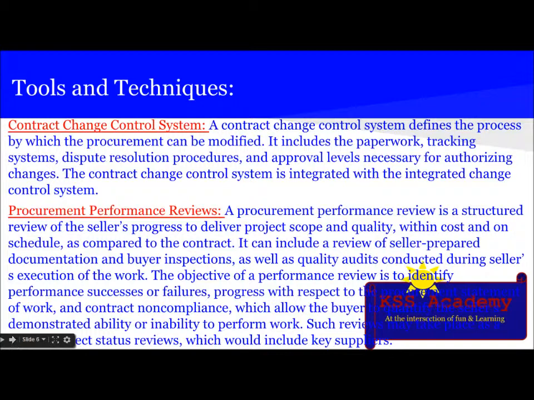The next technique is procurement performance reviews. Performance review is structured review of the seller progress to deliver project scope, quality, within cost, and on schedule as compared to the contract. It can include a review of seller prepared documentation and buyer inspection, as well as quality audits conducted during seller's